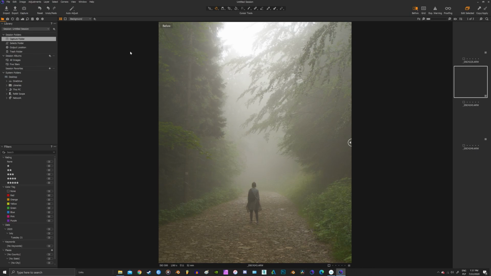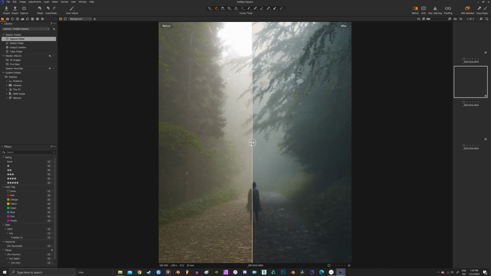I will be using Capture One since this is my favorite software to edit raw photos, but you can also use Lightroom. Today I will be using 3 photos I took yesterday in the mountains in Poland, and will be trying to create the faded, even sort of horror film like look, and I will show you on a quick preview